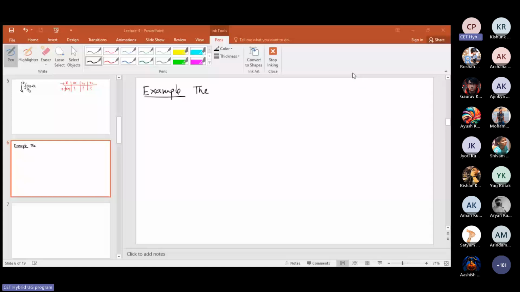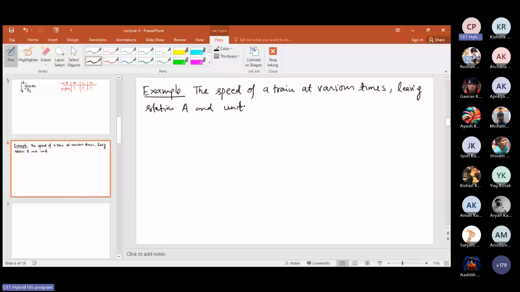Okay, so the example is this. एक ट्रेन है जिसकी स्पीड, the speed of a train, जिसकी स्पीड आपकी जो है अलग अलग टाइम पे, at various times, दो स्टेशन के बीच में, leaving station A और जब तक वो दूसरे स्टेशन पे पहुंच नहीं जाती है, until stopping station B. तो जाहिर सी बात है अगर स्टेशन A से शुरू कर रही है तो उसकी स्पीड यहाँ पे 0 होगी, स्टेशन B पे रुक रही है तो वहां पर भी इसकी स्पीड क्या होगी